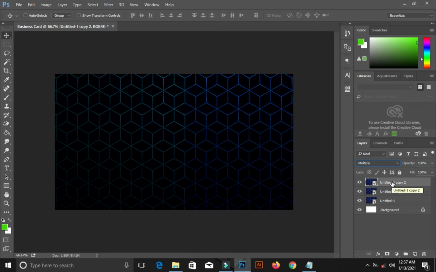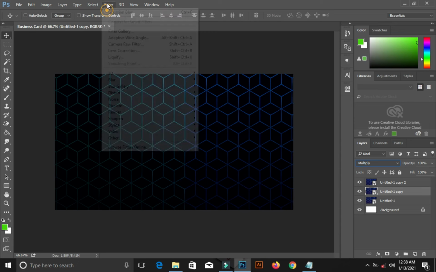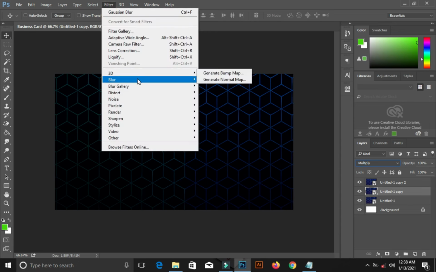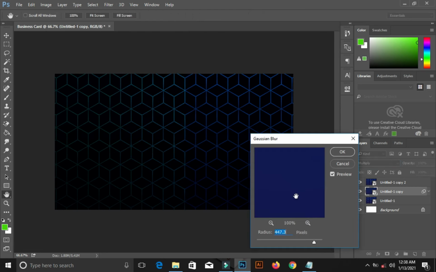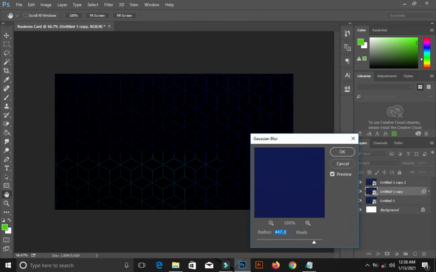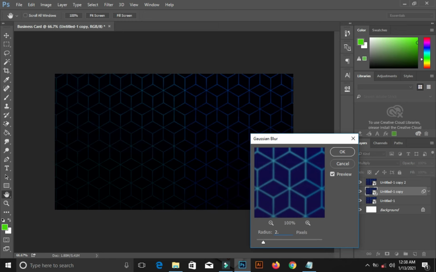So the next thing I want to do on this first duplicate is add a filter effect on it. So I'll go to my filter, on blur, select Gaussian blur. At least 2.1 of radius is okay for this.